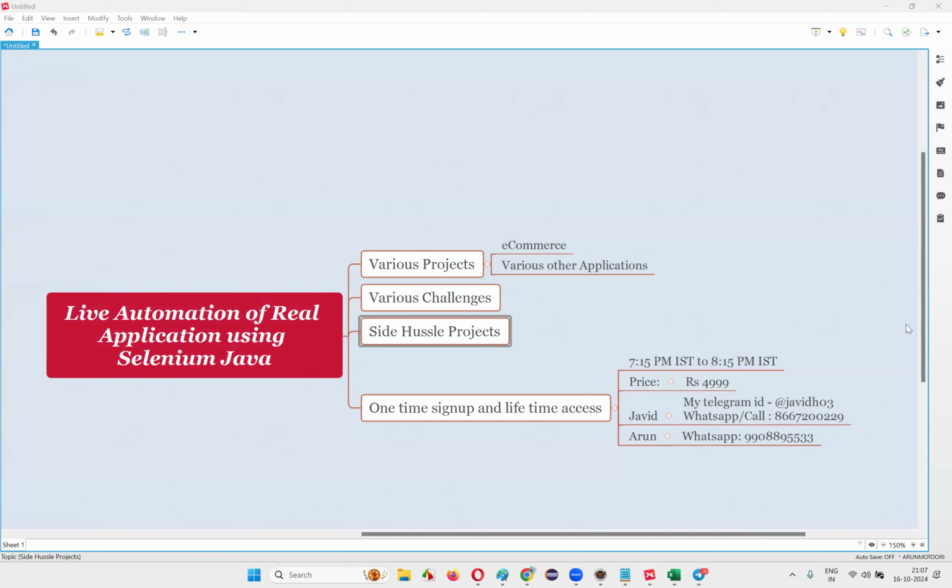Sir, in a real-time project, what framework are we going to use? Whether it will be only Cucumber BDD, or hybrid, or how? You see, Cucumber, BDD, hybrid, those are just terminologies. Ultimately, what we need to use in real time is something we mix up. Cucumber BDD is also hybrid only, right?